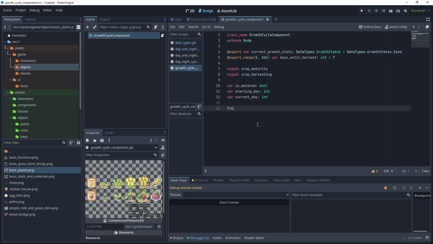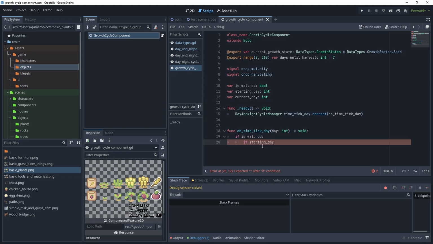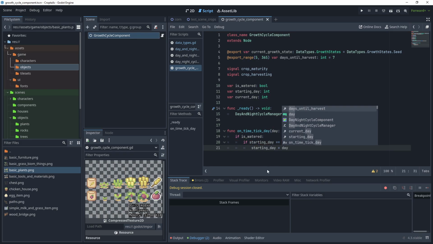Then let's override the ready function and let's get the day and night cycle manager and then get the signal time tick day and then connect that signal. Let's create another function called onTime tick day, passing the day and return void, and then say if is watered, then if our starting day is equal to 0,